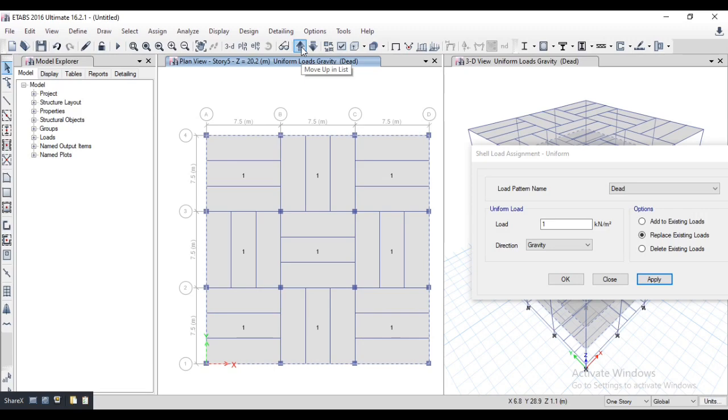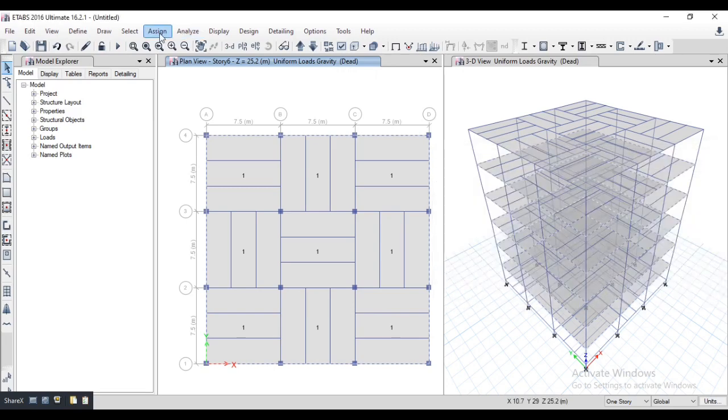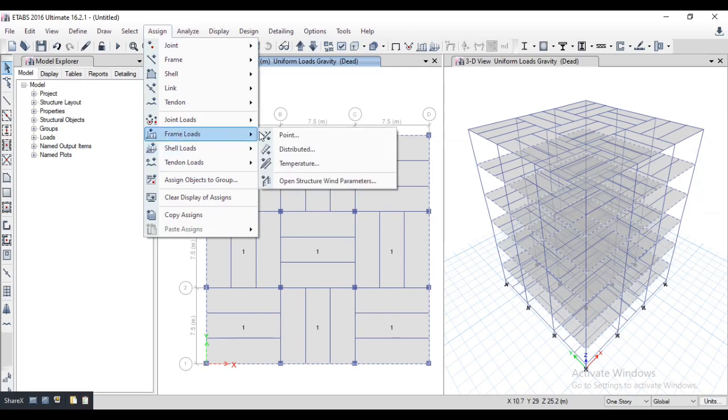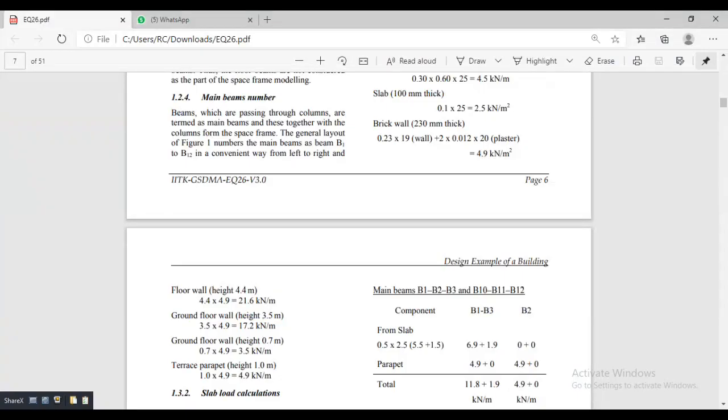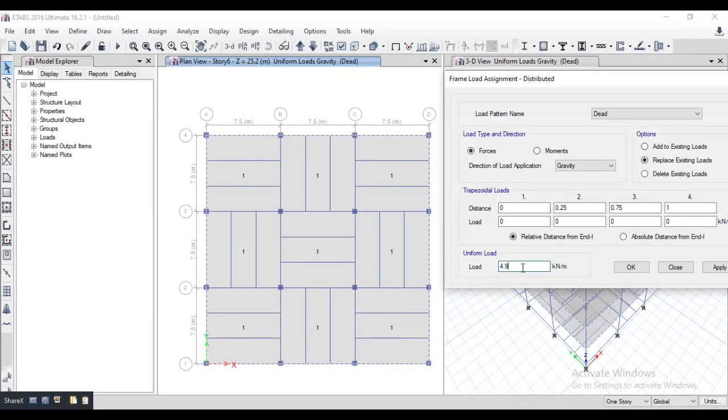This is selected, okay. Then give here the cut. This is frame load. Go to distributed. The load value is 21.6 kilonewton per meter. So put 21.6. Apply.